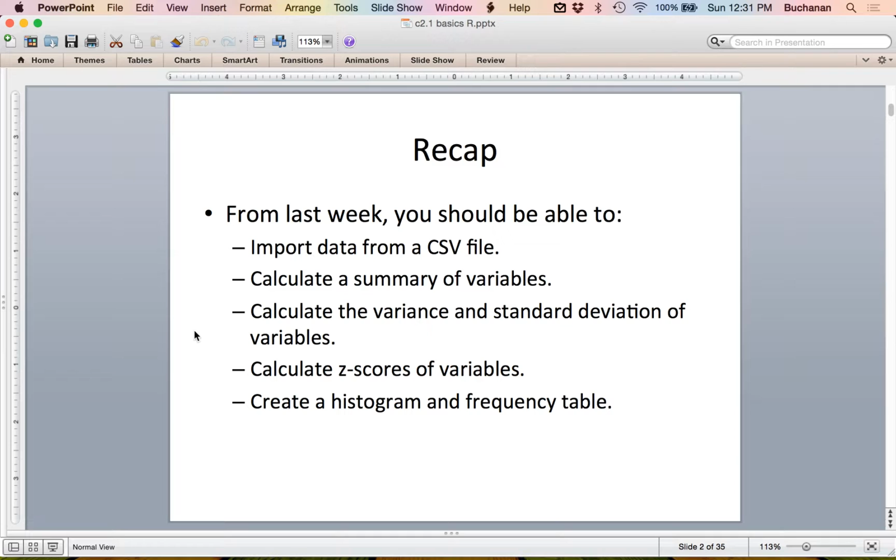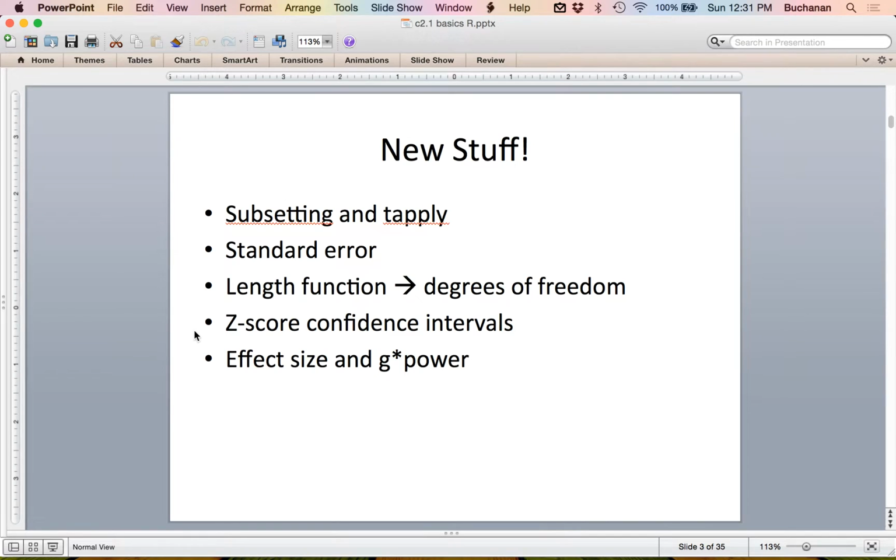and also the mean. And we're going to add to that and talk about how to calculate standard error and confidence intervals. So we're going to take this and build some more things on top of it. All right. So I'm going to talk about subsetting and t-apply, and only a small piece of subsetting. Standard error, the length function, which allows me to do degrees of freedom and standard error. And then that leads me into confidence intervals for z-scores specifically, and then effect size and a little bit of